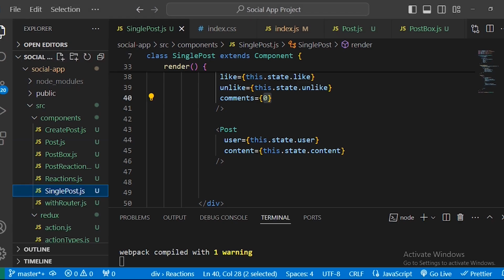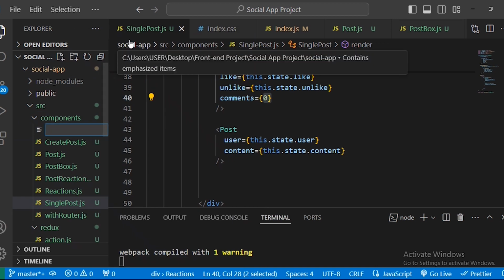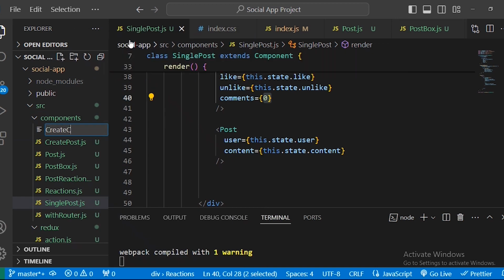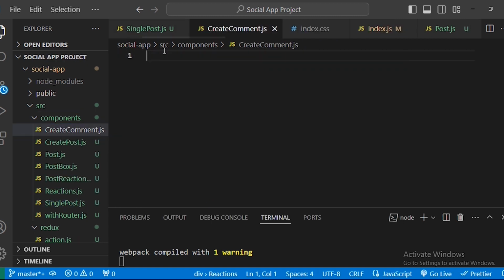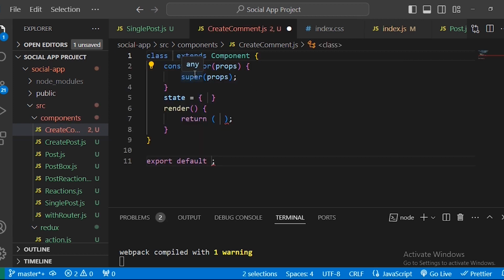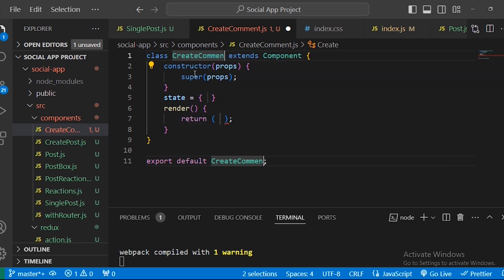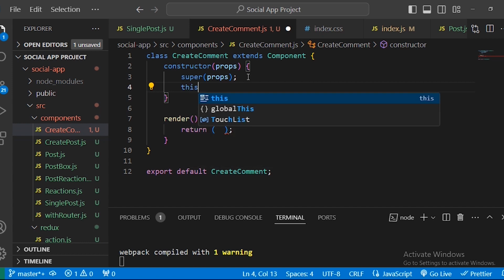Okay, so let's go to the component, new file, and name this create comment.js. And we will use the React code snippet to generate code. Let's name it create comment. Okay, we don't need the state here, so inside our constructor we will define the state that we need for this class, equal to